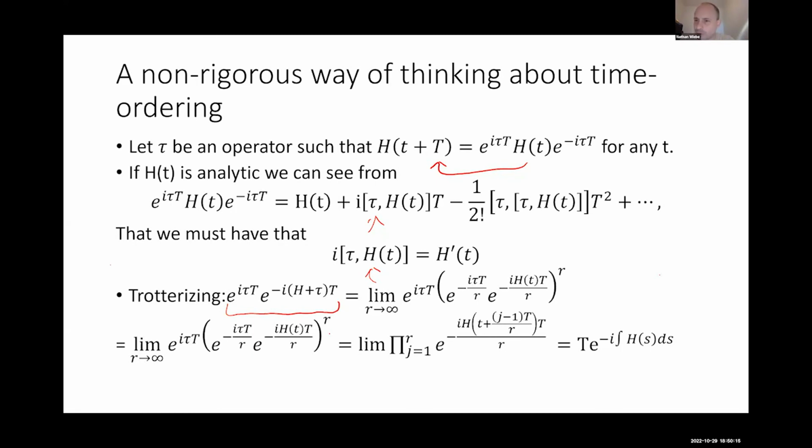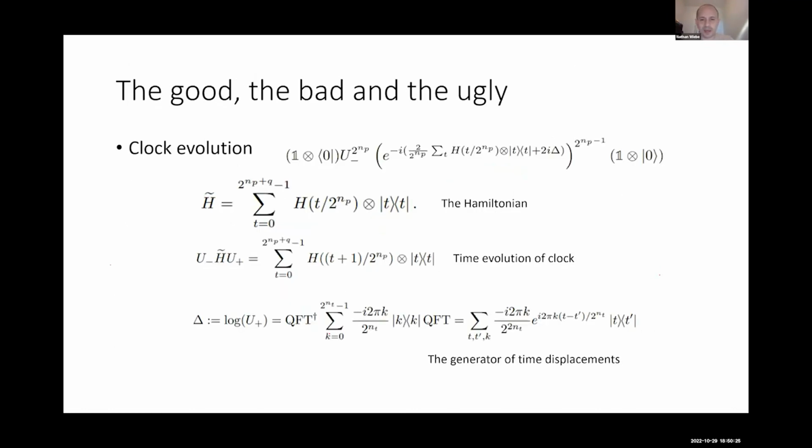And we need to really concern ourselves with whether or not this process even makes any sense. And so this is the whole idea of the block encoding approach that we ended up taking. What we do is we try to come up with a discrete version of this exact same idea. And well, okay, like Master Yoda once said, we did more than try, we did. So the way that we did this is we built two registers, a clock and the physical Hamiltonian.